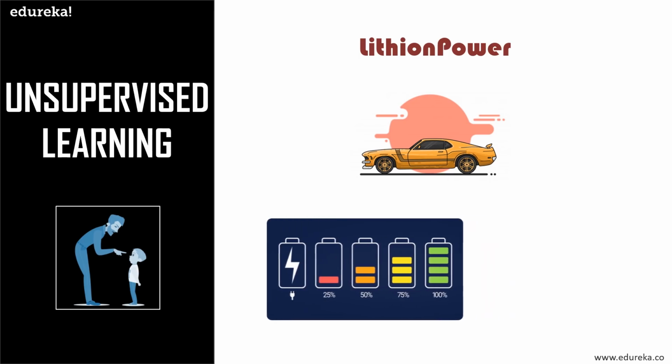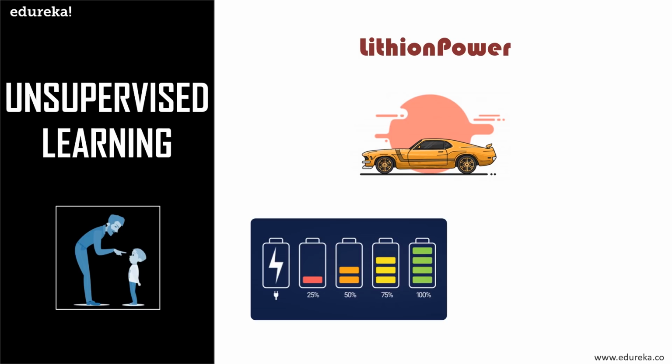The drivers rent a battery, typically for, suppose, a day, and then replace it with a charged battery from the company. Now Lithium Power has a variable pricing model based on the driver's driving history. As the life of a battery depends on factors such as overspeeding, distance driven per day, and many other factors, you as a machine learning expert have to create a cluster model where drivers can be grouped together based on